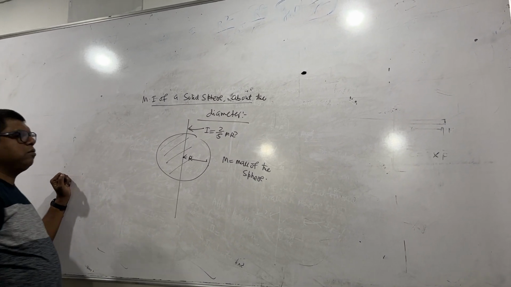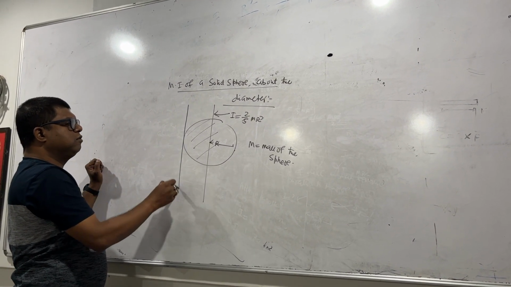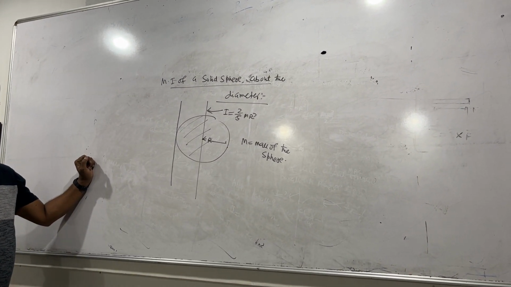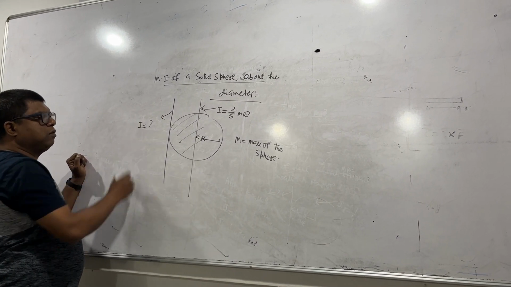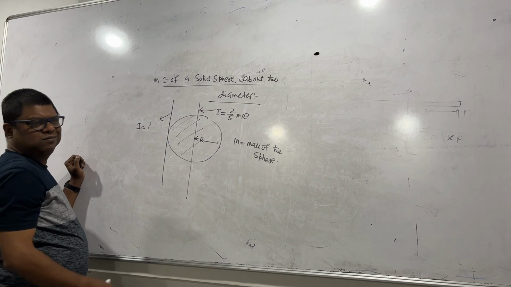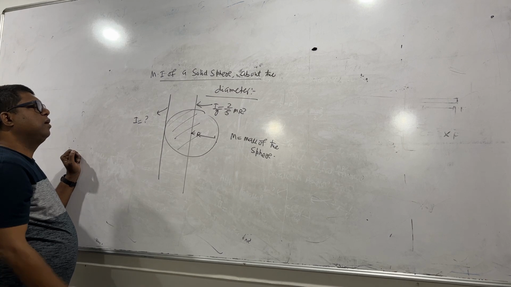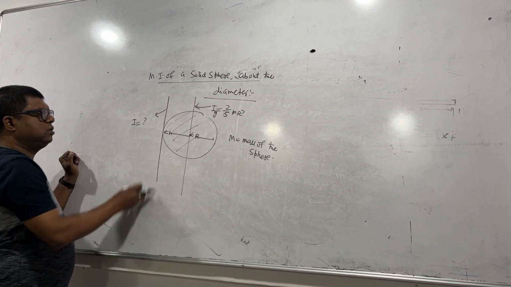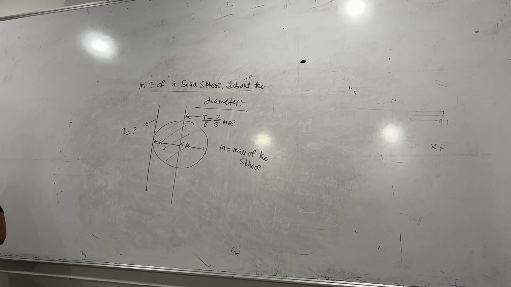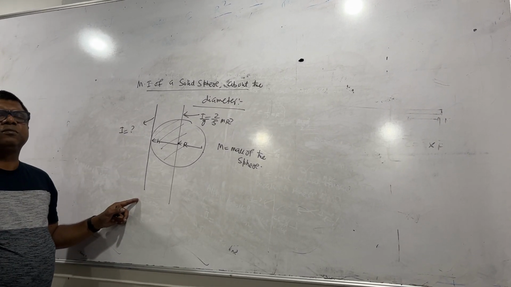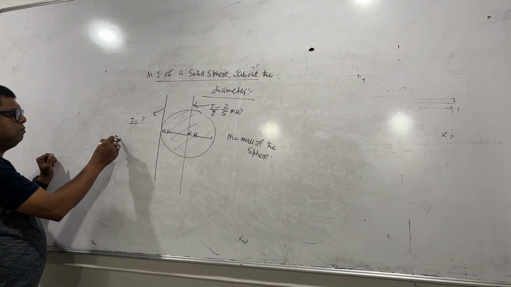And the moment of inertia is about the tangents. These are the tangents. Along this axis, we have to calculate this by applying the parallel axis theorem. This is the axis that passes through the center of gravity, IC. So, applying the parallel axis theorem, these are the tangents parallel to the axis. This is the tangent to the solid sphere. So I is equal to, applying the parallel axis theorem,